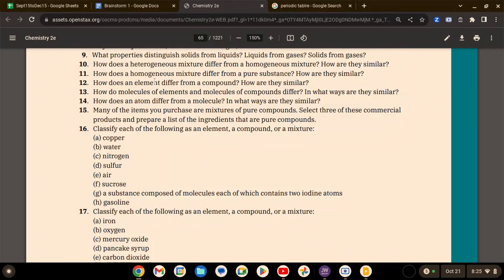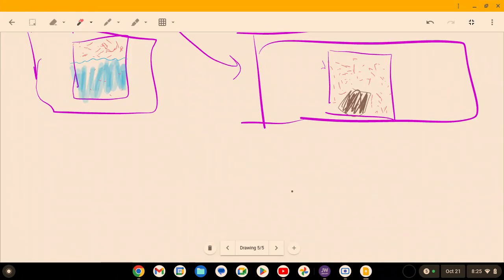Number 13. How do molecules of elements and molecules of compounds differ? In what ways are they similar? So molecules of elements mean that, let me switch back here. What is an element again? An element is essentially a pure substance, which means that it's made up of the same basic building block. Compounds can be pure substances if only that compound exists in solution, which is pretty rare. But anywho,